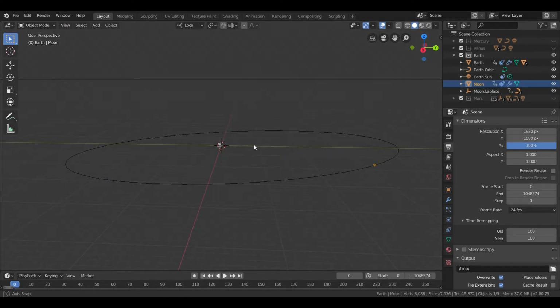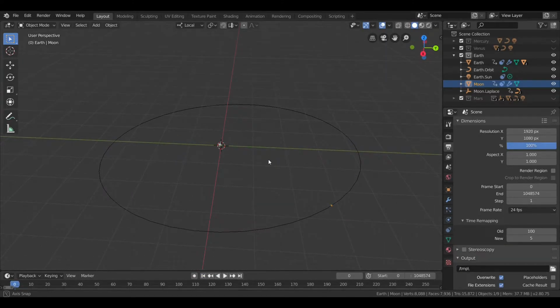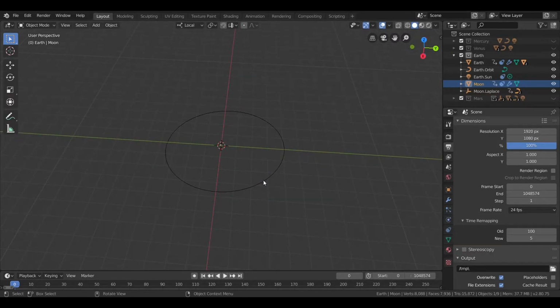But these values change over time, and as you can see, if I play it and speed up time a bit, yeah, the moon's orbit changes over time. So that's just a lot of complication. I even made it speed up as it gets closer to the Earth. It was a pretty complicated process, but let's just get into the moon's orbit.